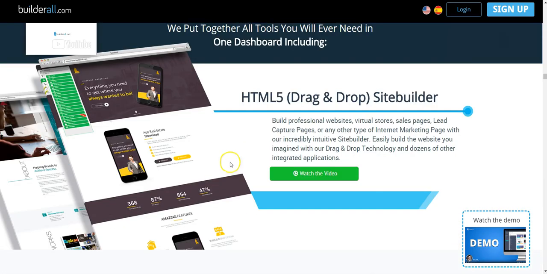Let's talk about the tools. HTML5 drag and drop site builder. So that allows you to create these kinds of really professional looking websites. And as it says here, virtual stores, sales pages, lead capture pages, any other type of internet marketing page with an incredibly intuitive site builder. So unlike tools like WordPress, where you have to either hire a designer or